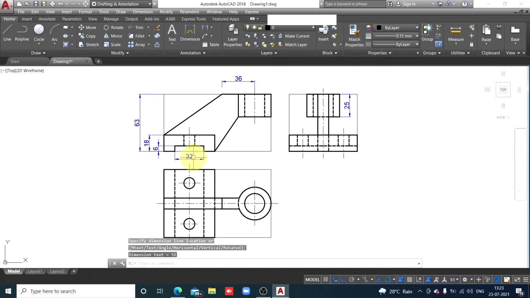As I said, as far as possible, don't insert dimensions between the views. Also it is a rule that as far as possible, don't insert dimensions where the detail is hidden. So this 32 millimeters appears here also in the top view, but in the top view that is hidden. That is why I have avoided inserting 32 millimeters in the top view. Okay.